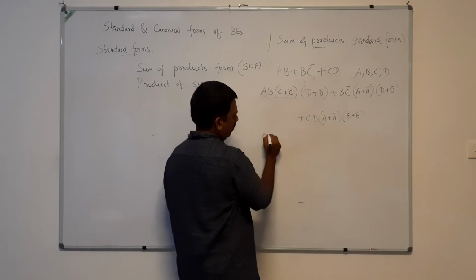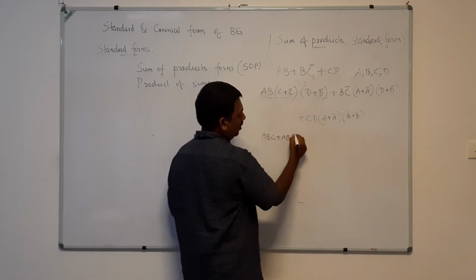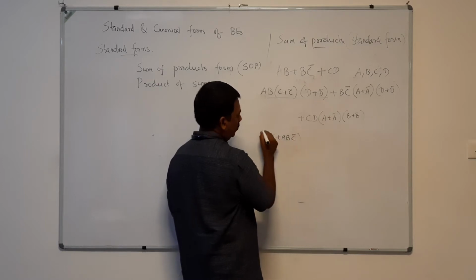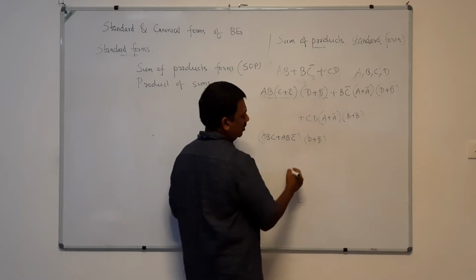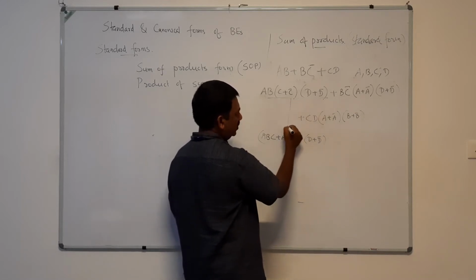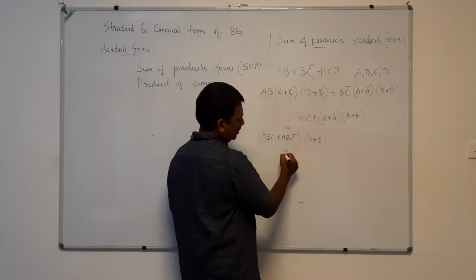ABC plus ABC bar into D plus D bar. That is this one only I am going to multiply. Then that becomes, this is